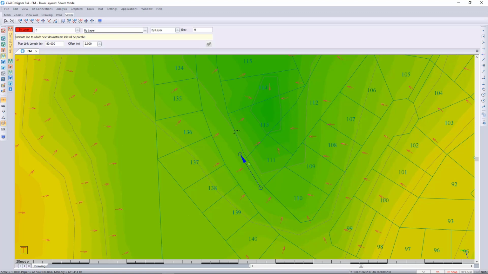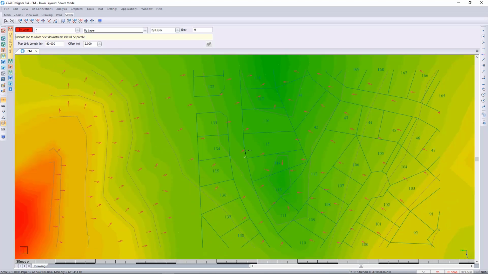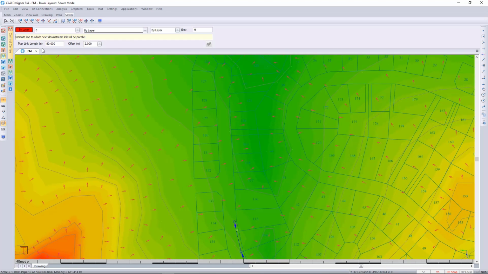I'll do the next one and go along this route. Now you saw there was the 80 meter separate. This CAD line will probably be longer than 80 meters, so let's go and offset from there. And there it's inserted an extra manhole because this pipe is longer than 80 meters and it's found the equidistant